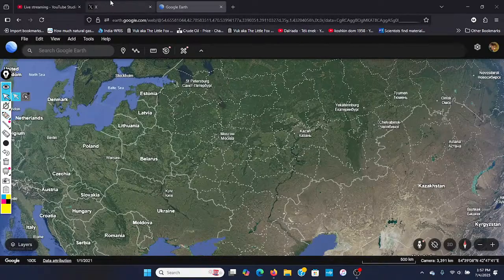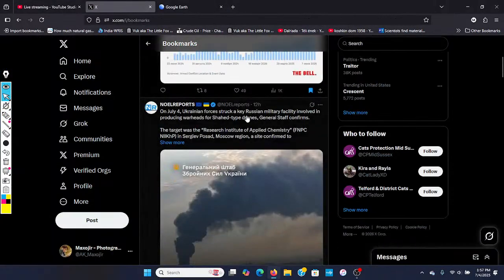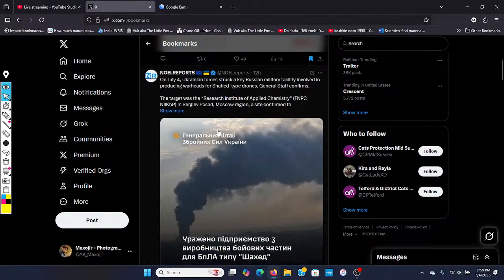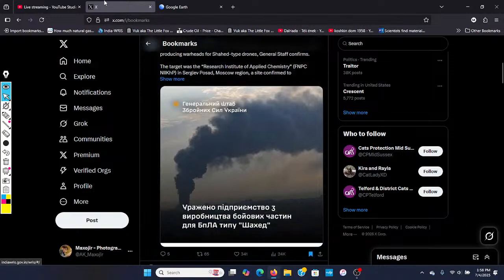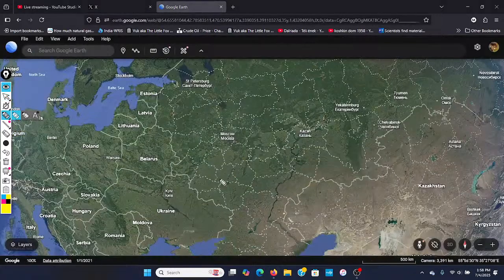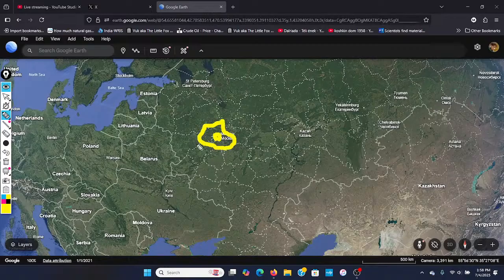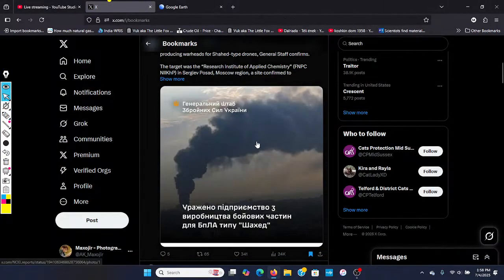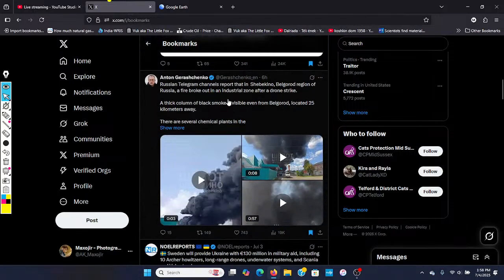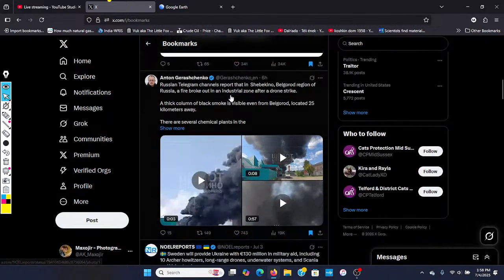Was it in Kursk? Oh no, it's in the Moscow region. All right, so not Moscow the city, but this whole thing here is the overall region of Moscow. A military factory there was decently hit with black smoke rising from it, and